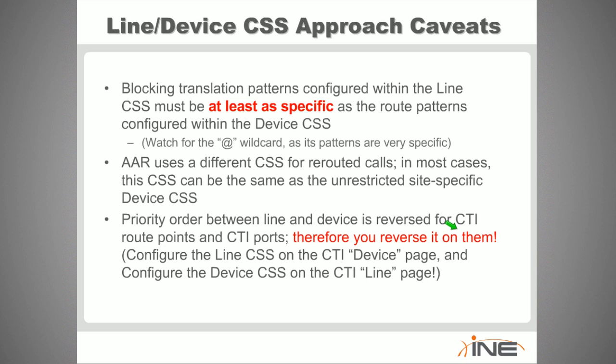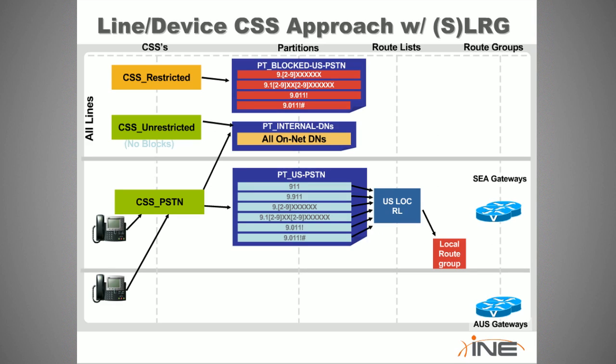So if they reverse the order on you, you reverse it on them, right? So in other words, for CTI route points and ports, configure a line calling search space on the CTI device page, and configure the device CSS on the CTI line page. So if they reverse it on you, you reverse it on them, and then you can still use the line device approach even on CTI ports and route points. Okay,